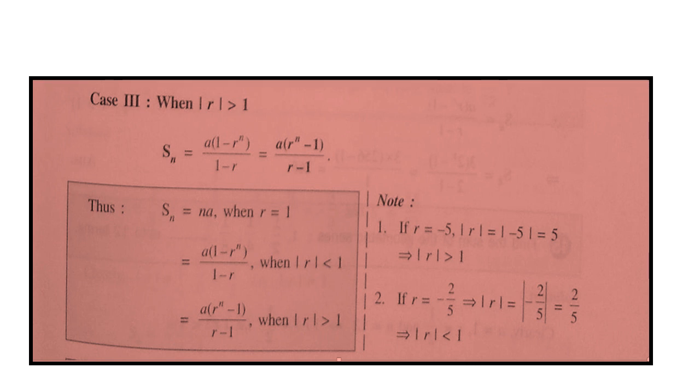So by this, one point is very clear: before we start to find the sum of n terms of the given GP, the first thing is we need to calculate the common ratio, and by looking at the value of the common ratio, we have to decide whether it belongs to case 1, case 2 or case 3. Let us proceed with the problems of exercise 7G.